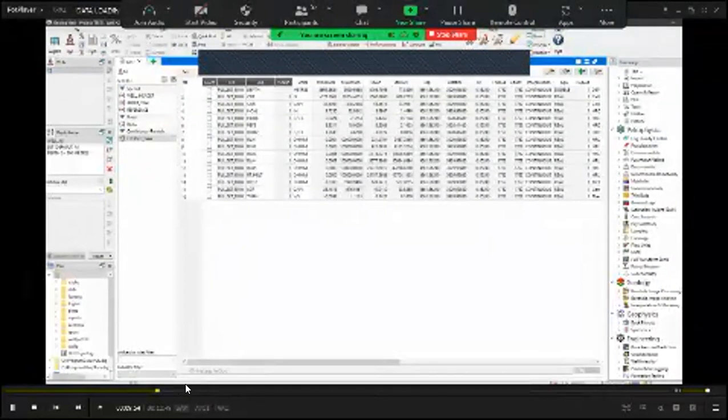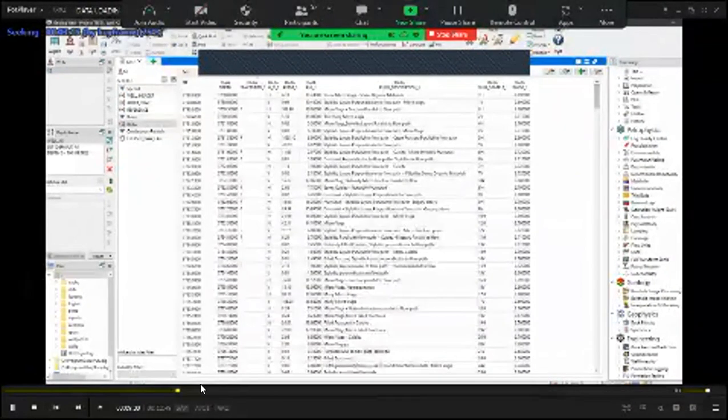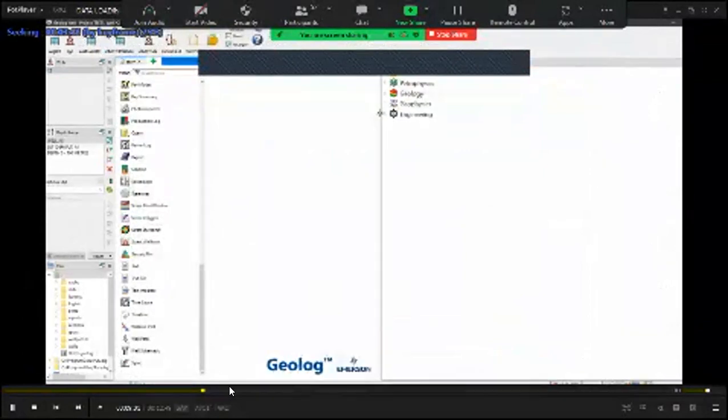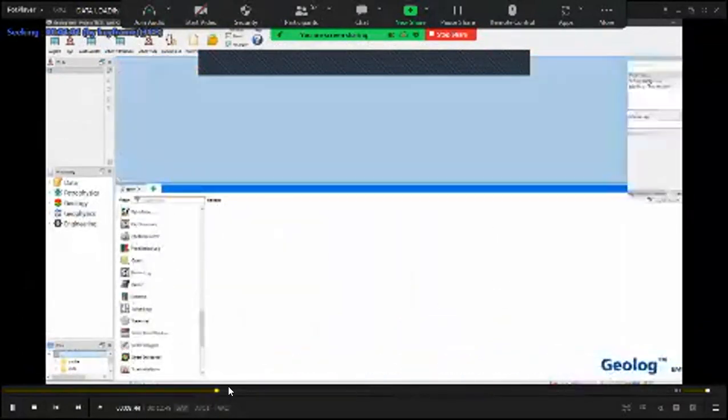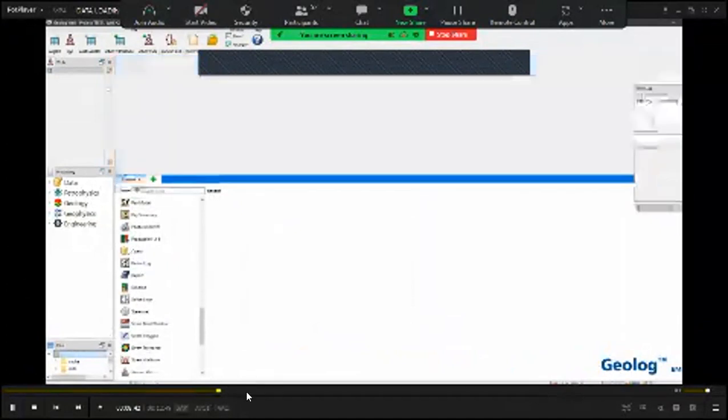After this, I want to show you that you can change the workspace easily.